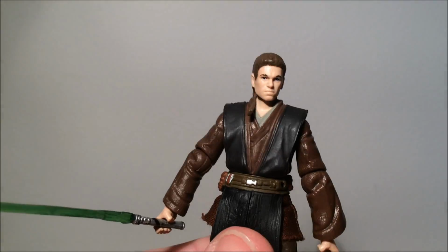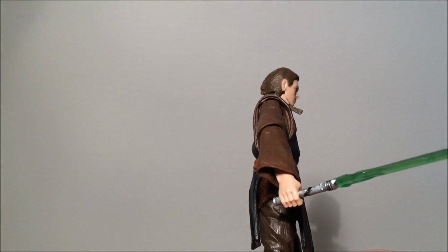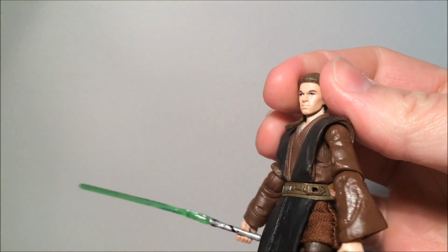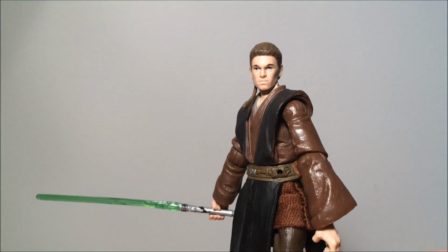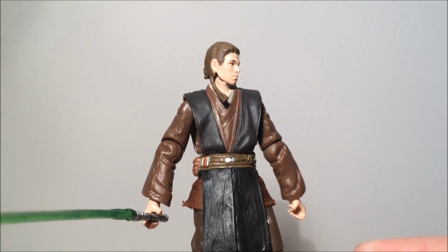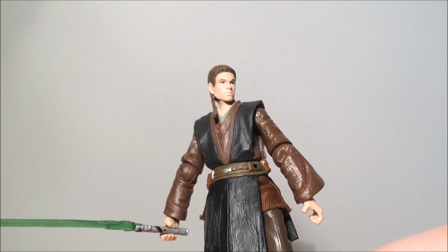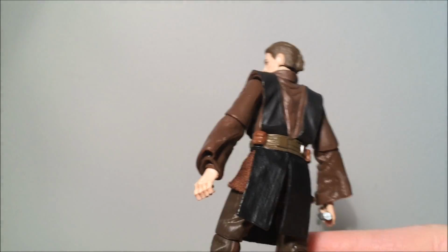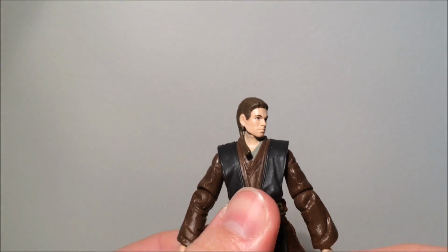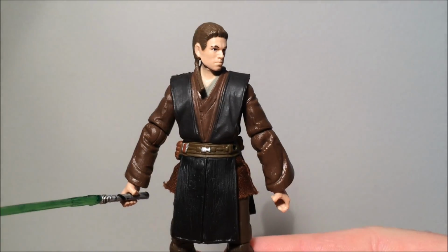This is the quality action figure. This is one of the finest to come out of the Black Series line, in my opinion. It just looks really, really good. It is a good, solid Anakin Skywalker action figure. And yeah, there's some good shots of him they could have stuck on a vintage card, and I dare say